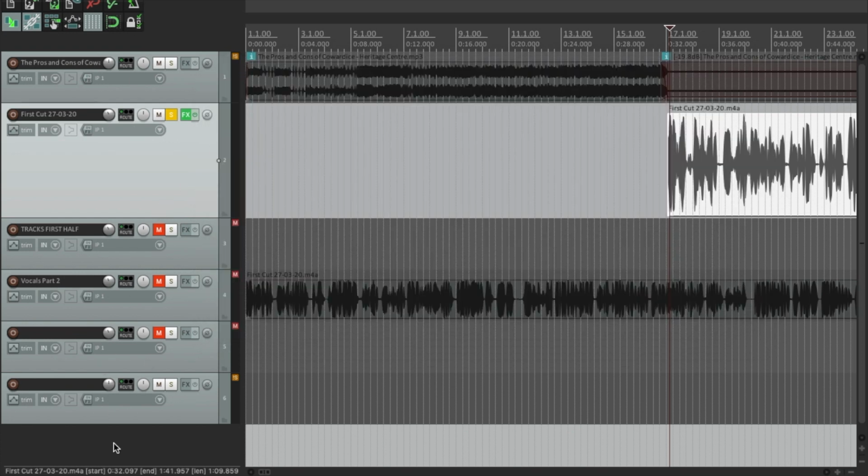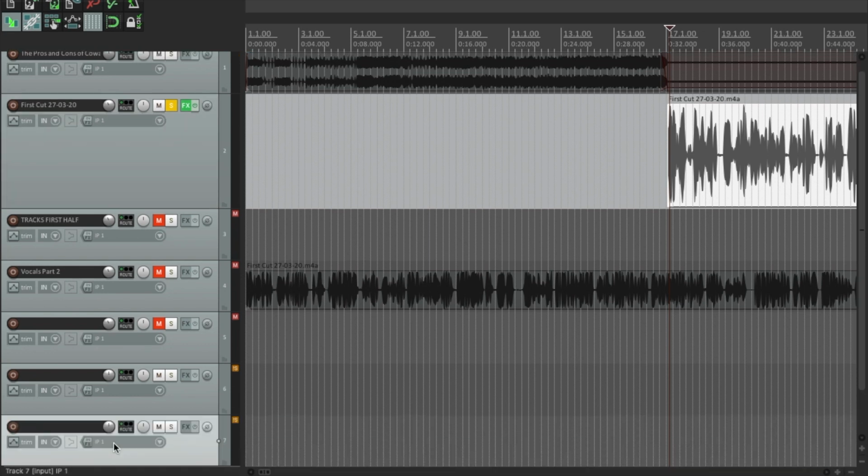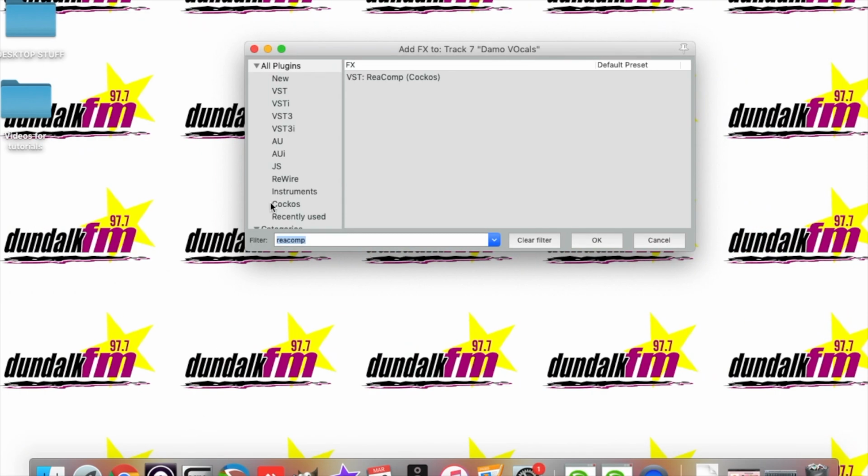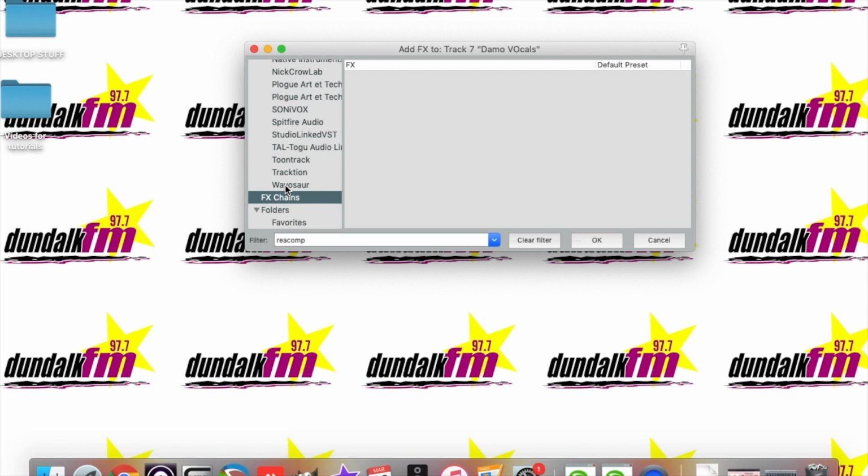I'll have a new session open, but I could just go double click down here and that'll create a new track. We'll call that Damo Vocals, and then we can go effects and go right down the bottom here, scroll on down, and you'll see in effects chains, have to clear the filter here. So once you clear the filter in effects chain, it'll show up there, radio vocals mobile. Hit OK,